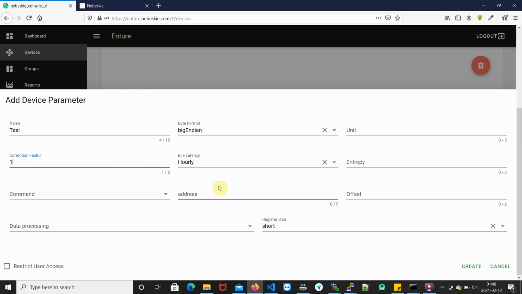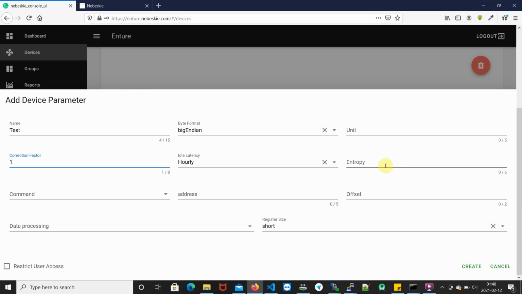The next thing is the latency. Latency here means that what our edge computing hub does is take the data, and whenever the data changes, it will be logging it. In case there is no change in data, for example the voltage or the consumption or any other parameter remains unchanged for a certain time, it will anyway log the data. So here the ideal latency is hourly. That means if the parameter value is not changing in an hour, it will anyway log that this is the value which we have taken hourly.